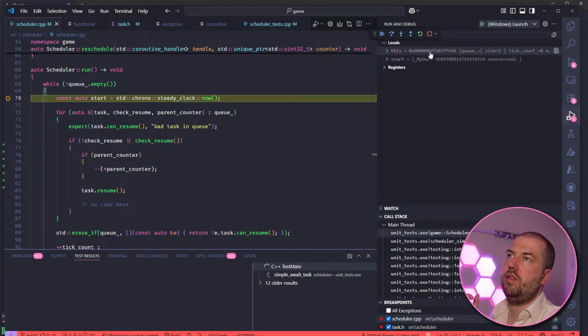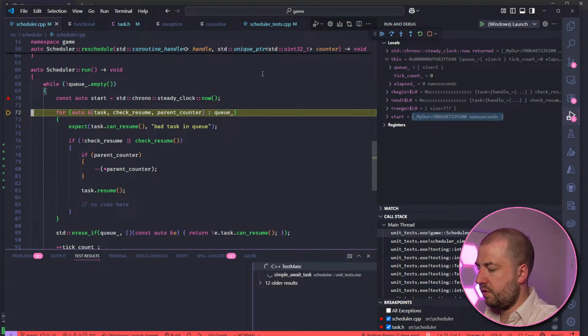So we start off with one thing in the queue, that's fine. Step over, Fn F10.